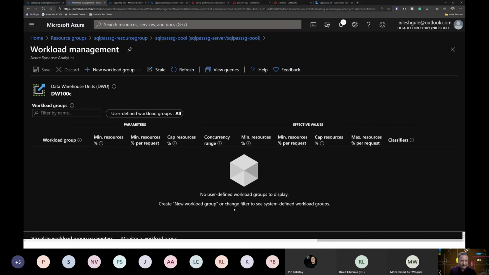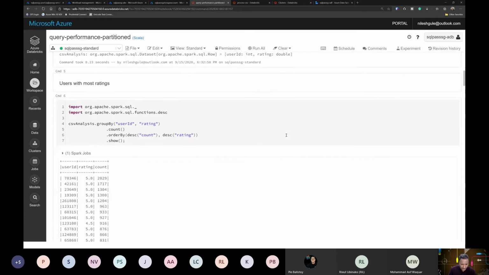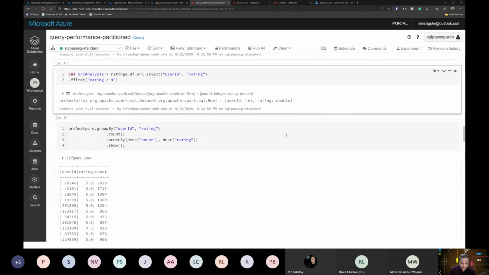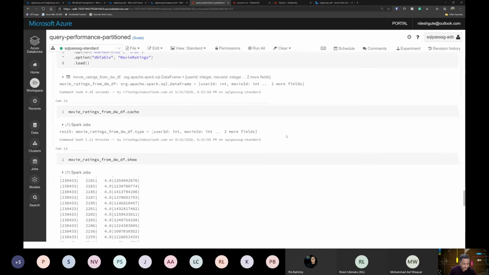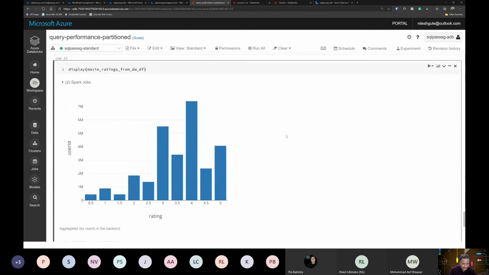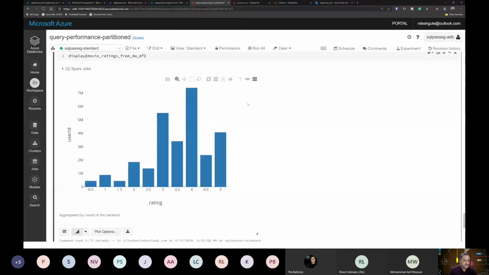So if I go back into Spark, where we were running those Spark queries or Spark operations, I should be able to show you where Polybase is getting used. Let me run one of these. So partition, okay.